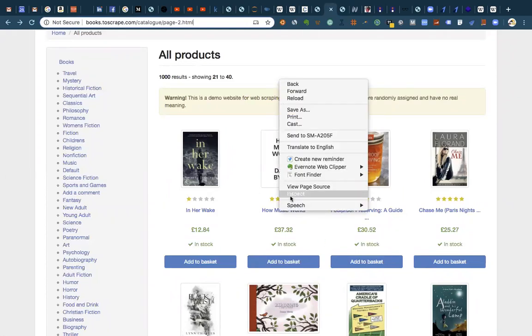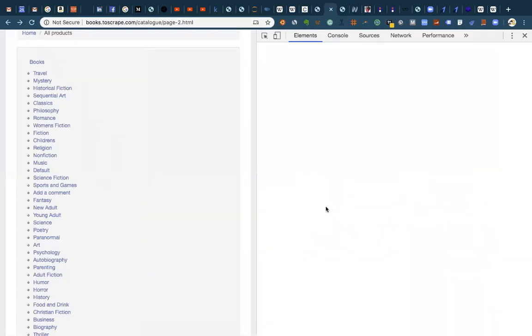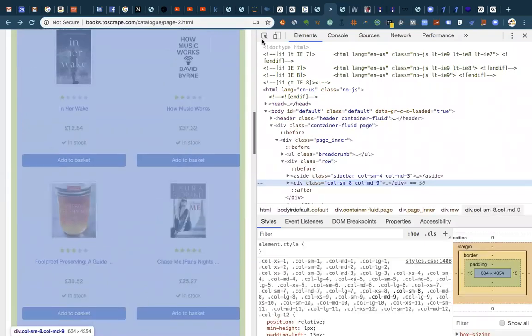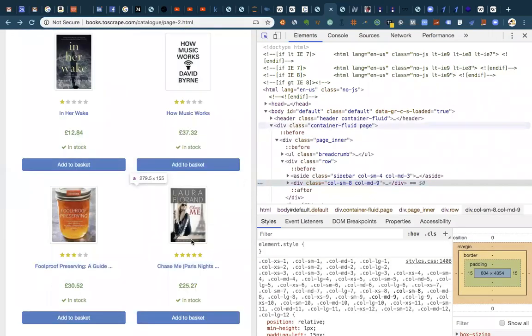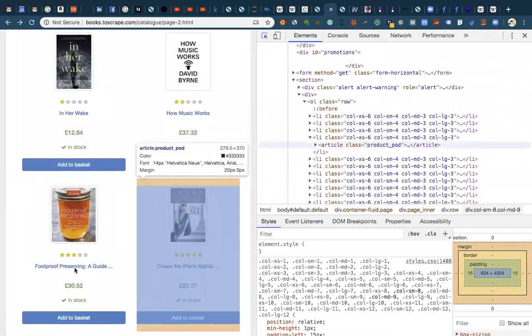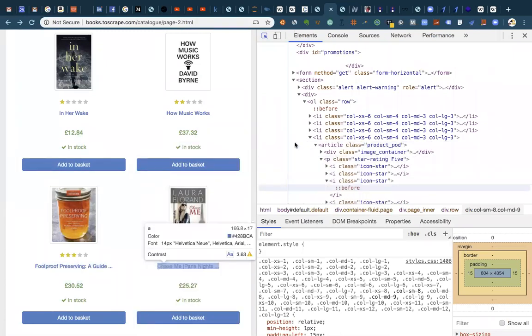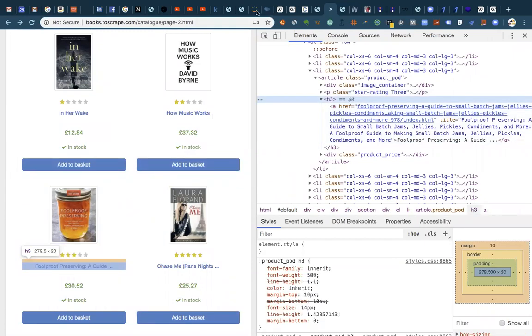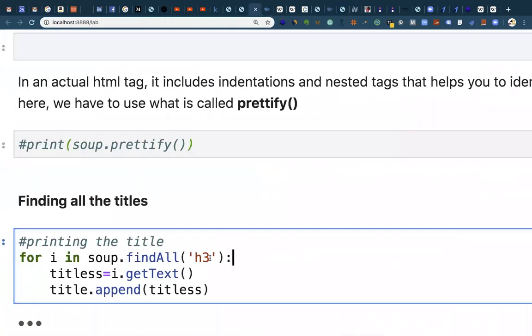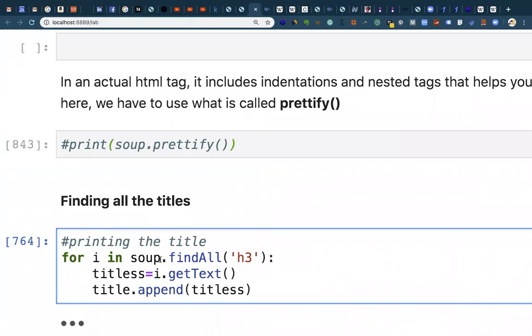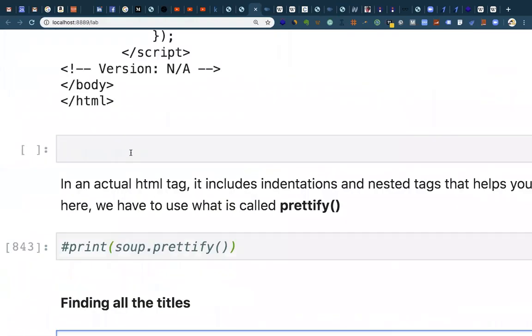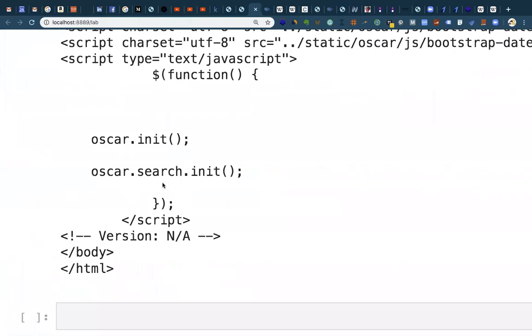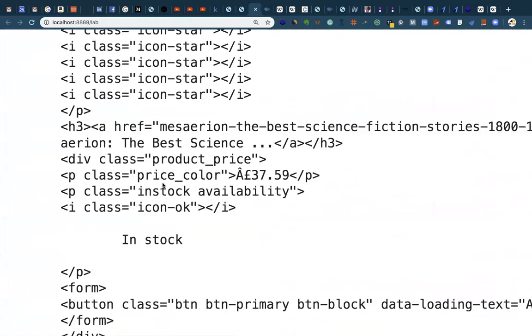Let me spread it again, then you can see it. Okay, so let me go and grab, let's say this one. It's also in an H3 tag, right? So we are going to get all the H3 tags. That's what this part will do: go through all the soup. Soup is just the information that we got; all the information that we got, we stored it in soup. If you see this part of the code,